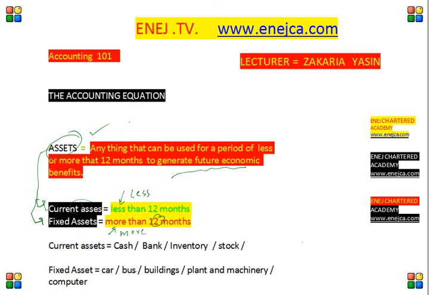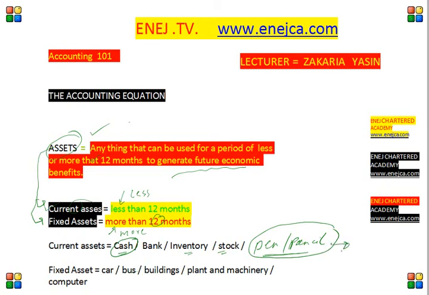Alright, so let's name a few examples of current assets. Current assets might be cash, because you cannot store cash in a money bag for a period of more than 12 months. If you have cash in your hand, you will be using it up, and it is assumed that cash is used within a year. Same with inventories, stock. Let's take another example. It might be pen, pencil. These are assets because we are buying them with money, but we are not intending to hold them for a period of more than 12 months. So these will be used up